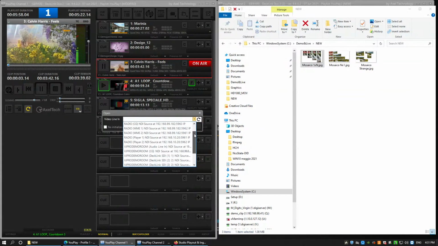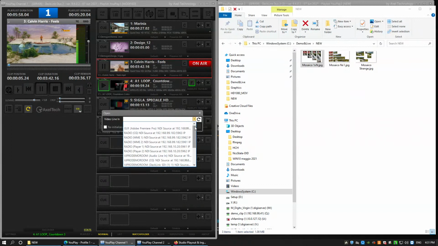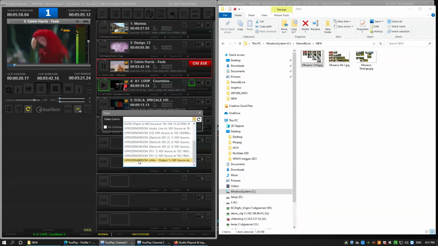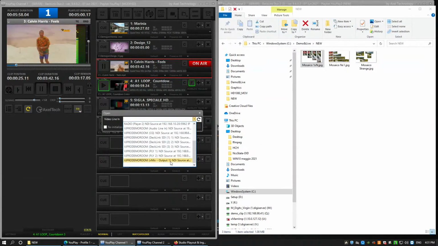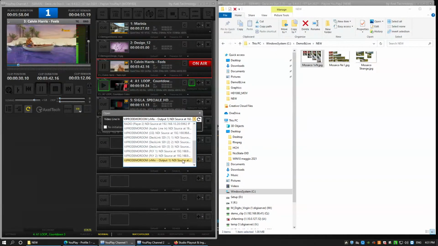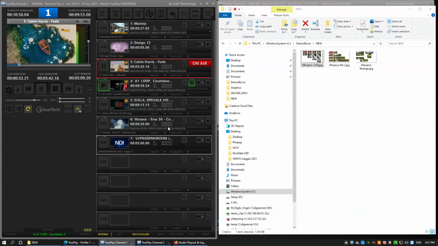Okay, so you will see all the sources that are working on an NDI format, and you can choose it and just put it on air. Absolutely. So let's say here, those are all the NDI sources available here in Axel Technology. For all the engineers we have many, of course. So I can see there's a demo room in the showroom of Axel, the output of a vMix. Okay, let's see. So I select the vMix, of course, like there's an IP address. I press OK. You see there's an NDI icon logo coming in. I cue the clip,